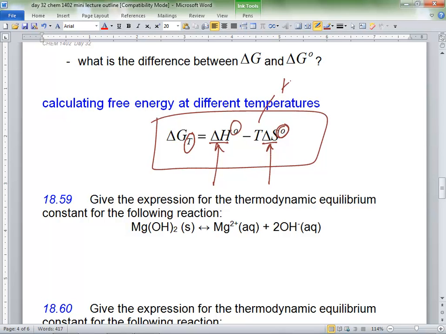Kelvin. Have you seen the other trick to doing this? If you do the tables, you get kilojoules per mole. Then we have the Kelvins, whatever temperature that is. Then you have joules per Kelvin mole for the delta S. Did you see the problem in the homework from the last class? Hopefully you converted those kilojoules to joules, or you converted the joules and the delta S to kilojoules. Otherwise, you could never get the answers in the back of the book.